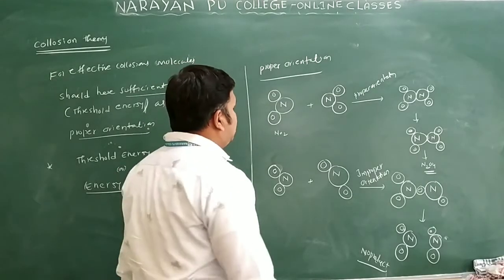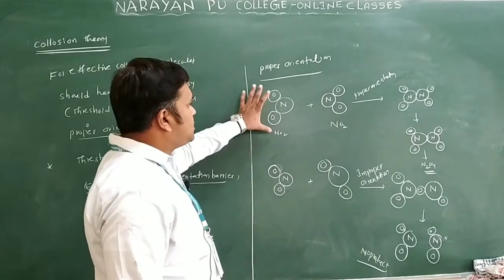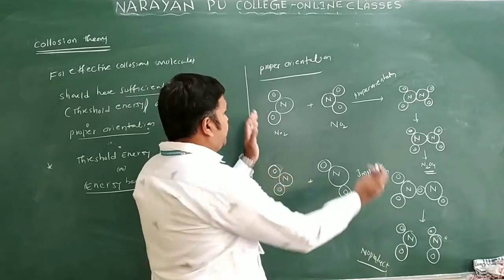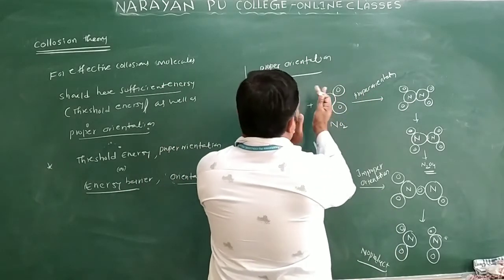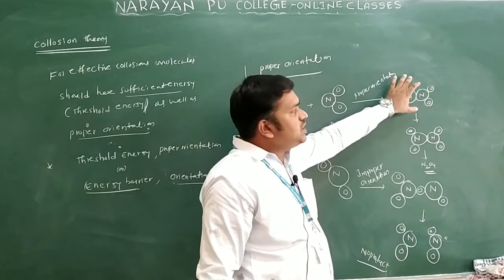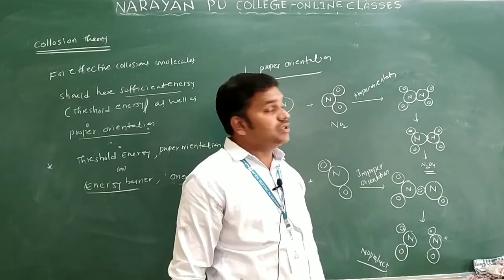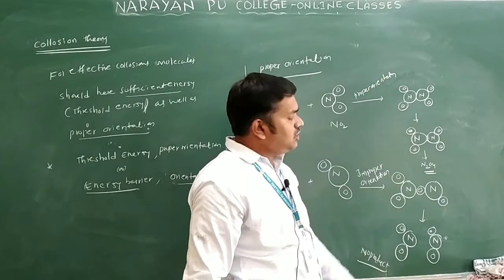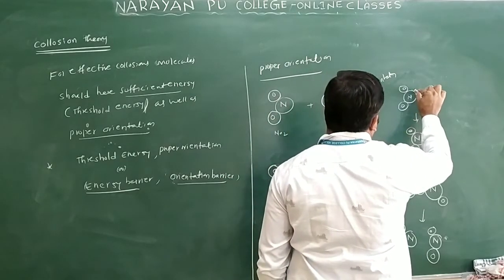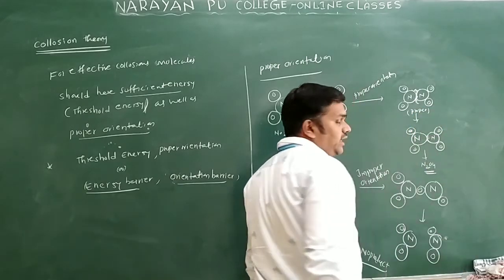Let us see one more example, taking NO2 and NO2. Two molecules of NO2 I am taking here. This is one molecule of NO2, this is one molecule of NO2. They undergo proper orientation, means these two molecules approach each other like this. Then there is a chance to form an intermediate like this. So they undergo proper orientation. Then the compound N2O4 is formed. The intermediate again converts into N2O4. So these are proper collisions. Proper orientations are proper collisions.